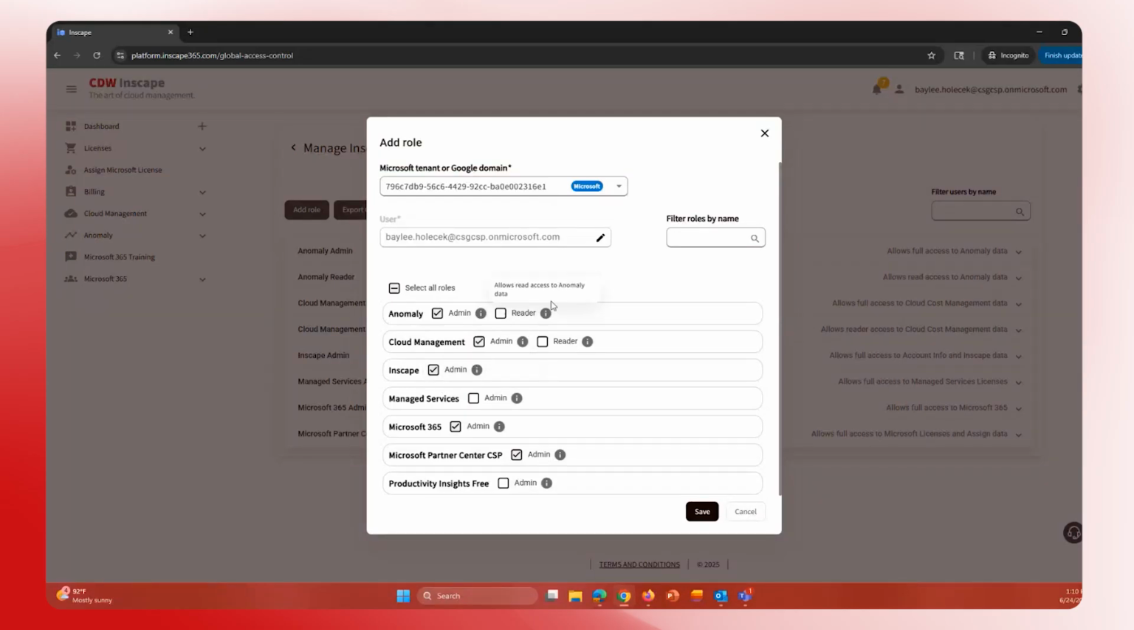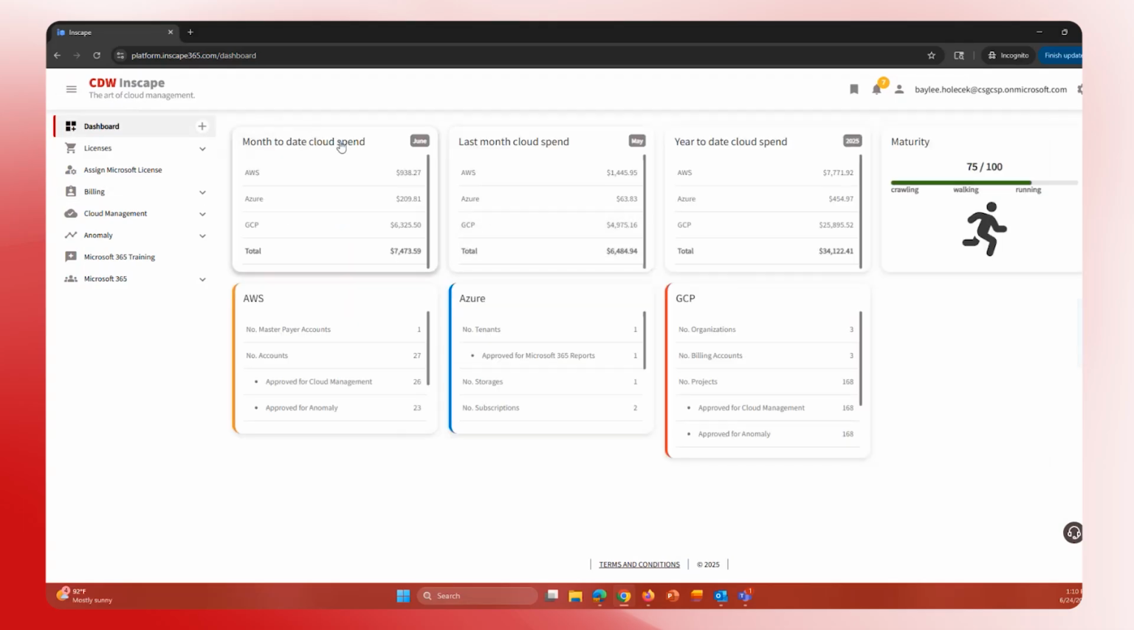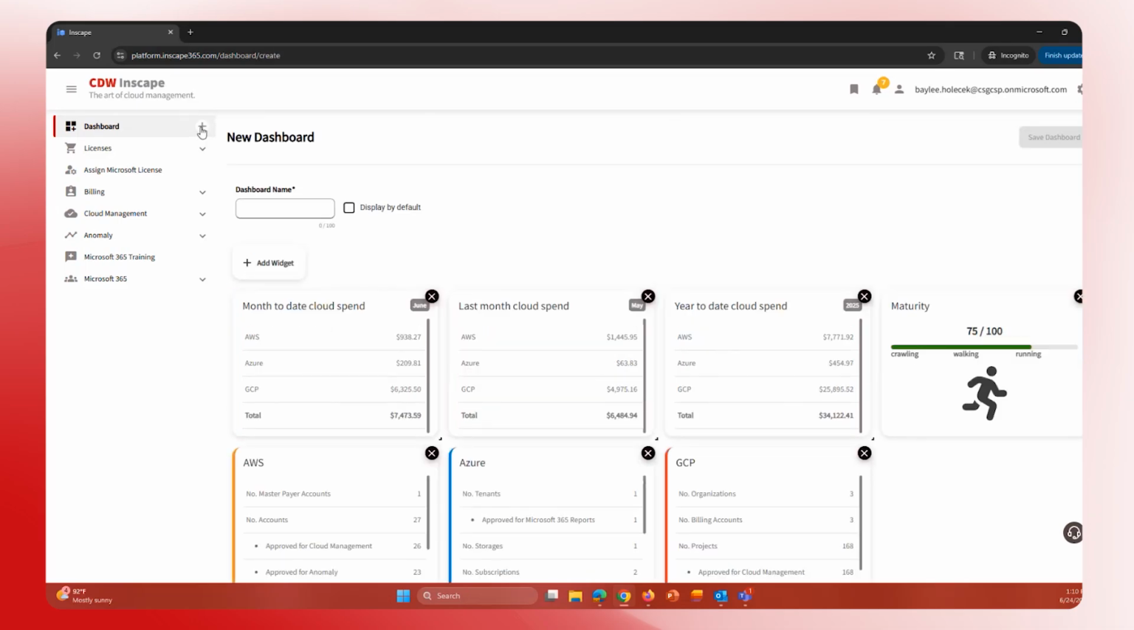This will give us access to exactly what we're looking at right now. So users can add other users into the Inscape portal. And then it's also going to give access to the main Inscape dashboard, which we are going to switch to right now. So on our main Inscape dashboard, we have customizable widgets,